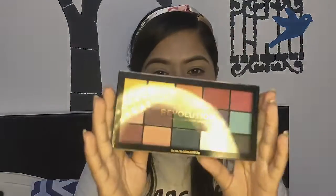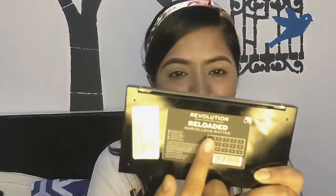It's a gorgeous palette, and I'm using this very light, almost my lid shade, to prep my lids. I'm using this shade with the fluffy brush. After that, I'm going in with this Revolution Reloaded Marvellous Matte palette,